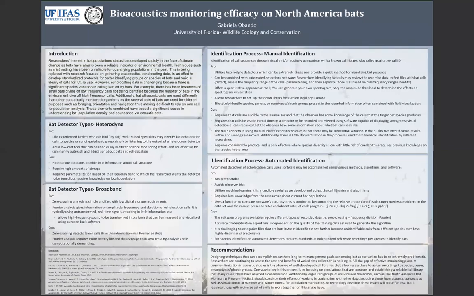Hello, my name is Gabriela Obando, and today I will be talking about the efficacy of bioacoustic monitoring of bats